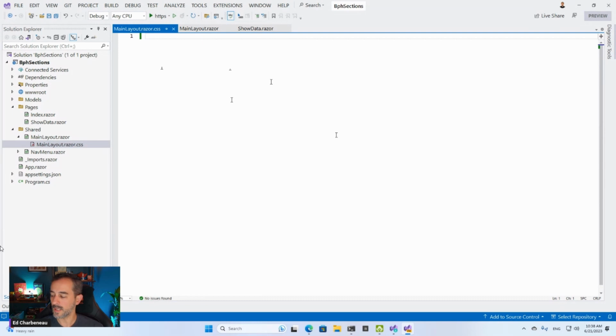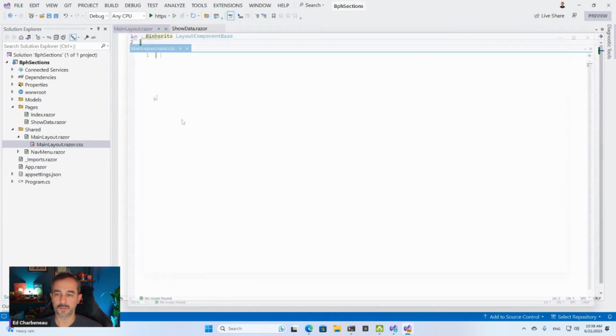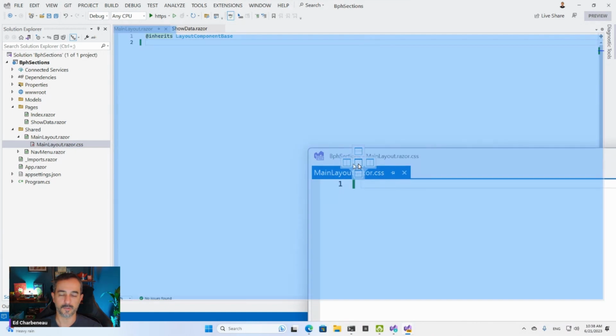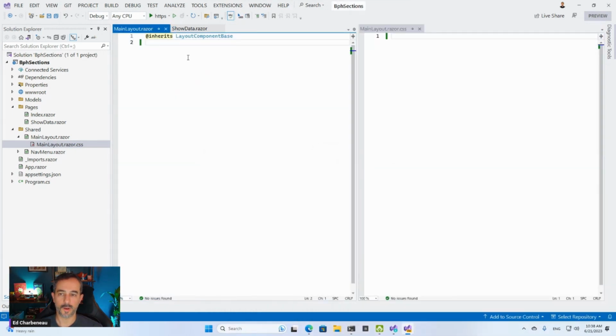So what I like to do with these is use CSS Grid. CSS Grid is your friend, and it really makes creating HTML layouts nice and easy. I'm going to drop this over on the side. So we have our main layout razor and our main layout CSS, and we're going to write some HTML and